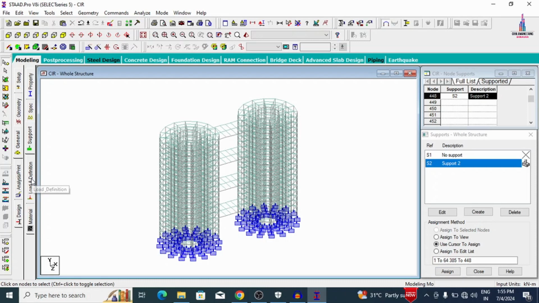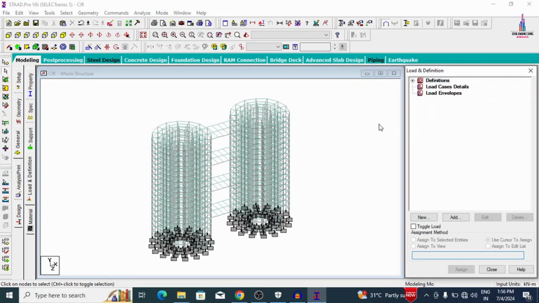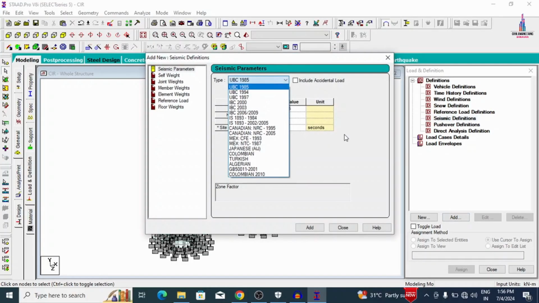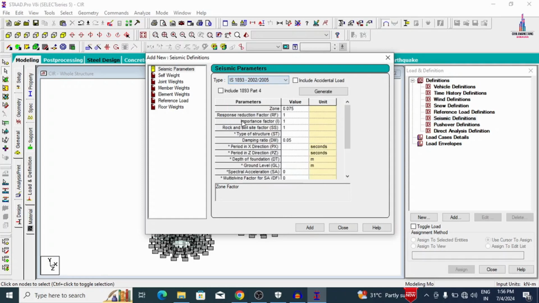Now after this we will select the load cases and definition. For this skywalk building structural model I am taking both gravitational loading condition systems as well as lateral loading condition systems, which come under the dead load, live load, floor load as well as the wind load condition system and seismic loading condition system. Initially we will add the parameters according to the IS 1893 code provision standard as per the seismic definition. Go to define option here, click on seismic definition, click on add option. So here I am selecting the IS 1893 code provision standard,